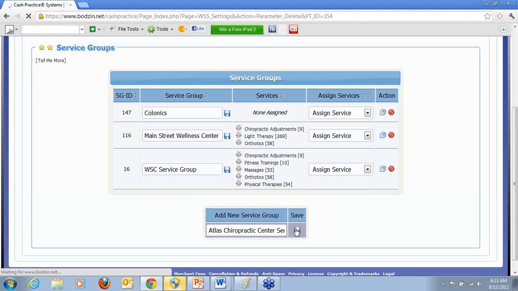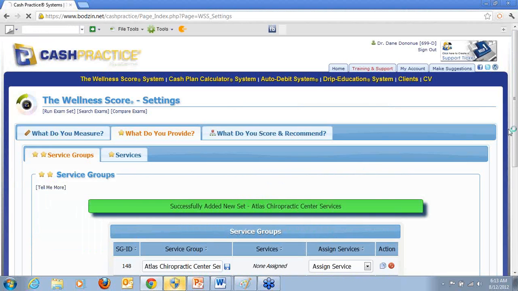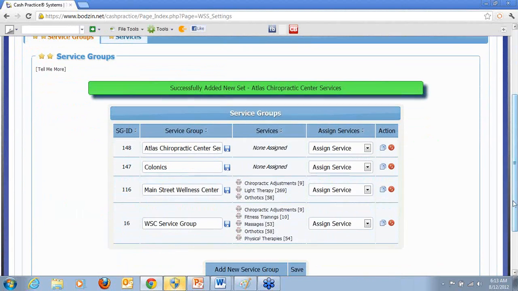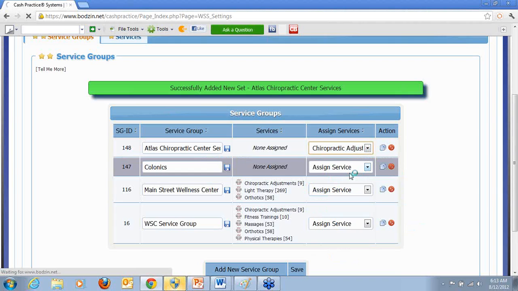And just like we added parameters, we've custom added services. So I want to show you right now, you'll see that there's the Atlas Chiropractic Center. Then we can start assigning services. These are all the services that have been added to the wellness score. So obviously you're going to select chiropractic adjustments, and then you're going to assign any other services that you want